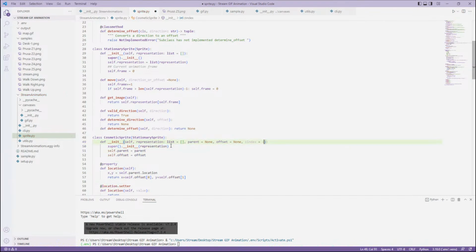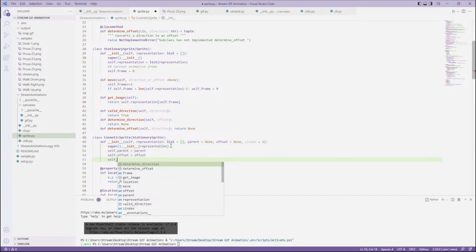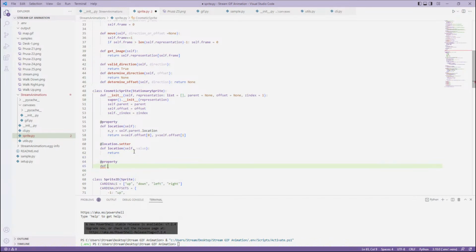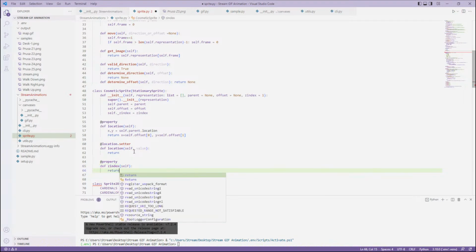I'll call it negative, or I'll call it 1. I'll default it as 1. Self dot z-index equals z-index, and then we can go ahead and come down here at property, define z-index, self return self dot z-index,